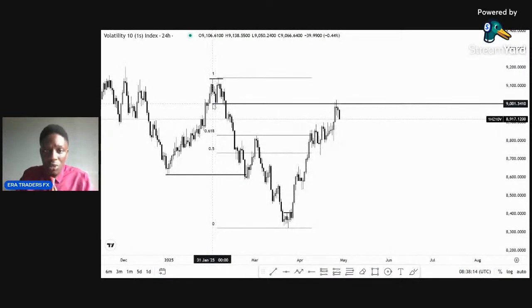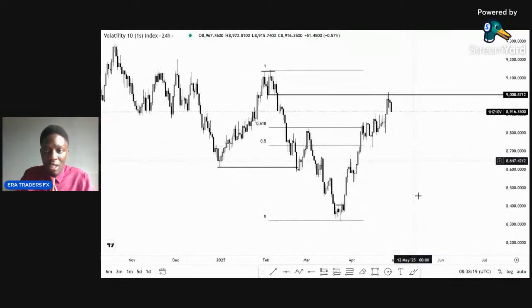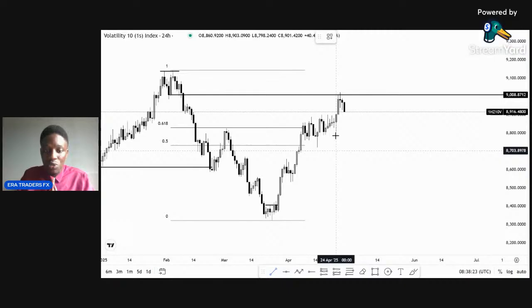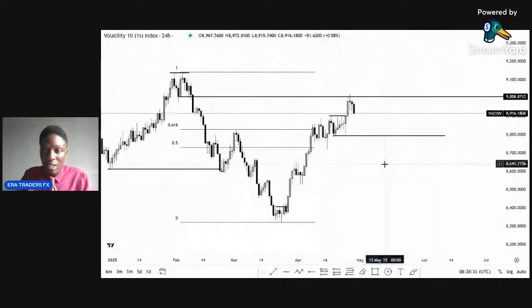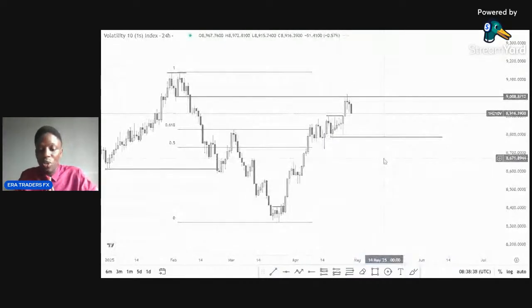So yeah, this is now the level that I feel is holding price currently on the 24-hour time frame. On this 24-hour time frame, we've not seen a break of structure to the downside yet, because this was a major break of structure, and this is the low that needs to be taken out. Then we'll know that yes, we're on a downtrend, because structure is key. But now if you go to the 4-hour time frame,